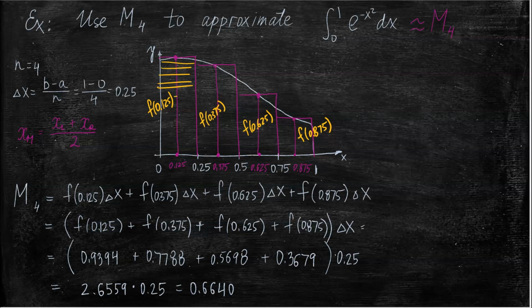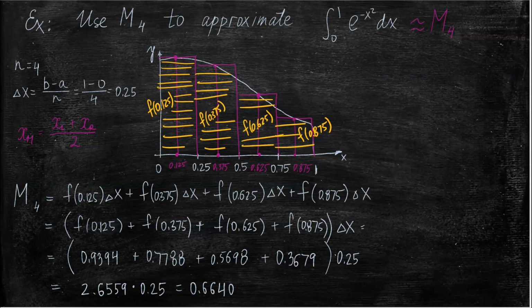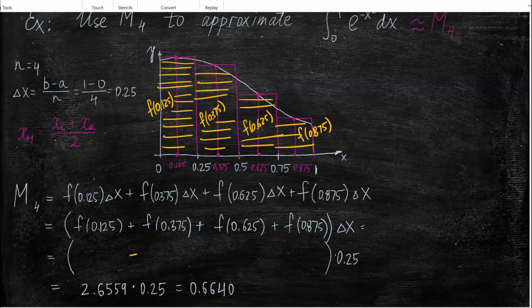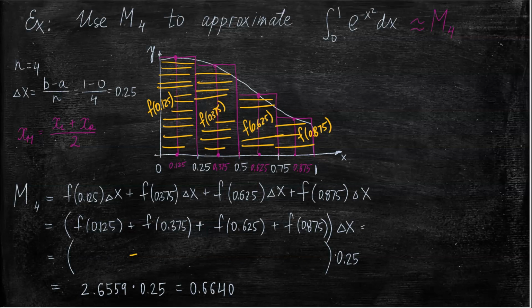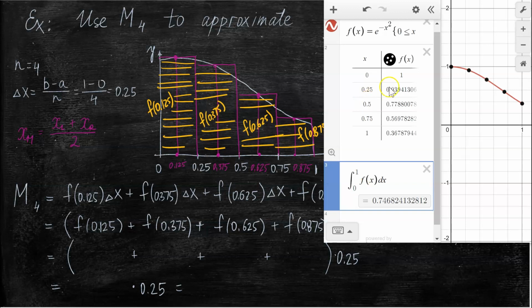So again, let me just highlight this area, color coded. This is what we're finding, right? So we have 4 rectangles and we have 4 expressions to compute. So I'm of course going to use some technology, and I suggest everybody find their favorite technology and learn how to use it. It doesn't matter whether it's a TI-83 or Excel or anything else. You have to learn how to use it. I'm going to use Desmos real quick here.